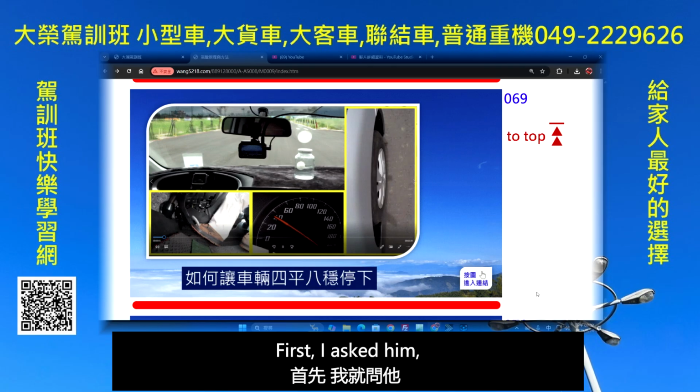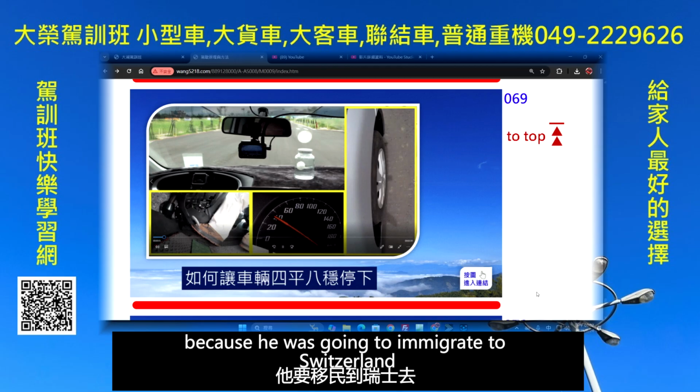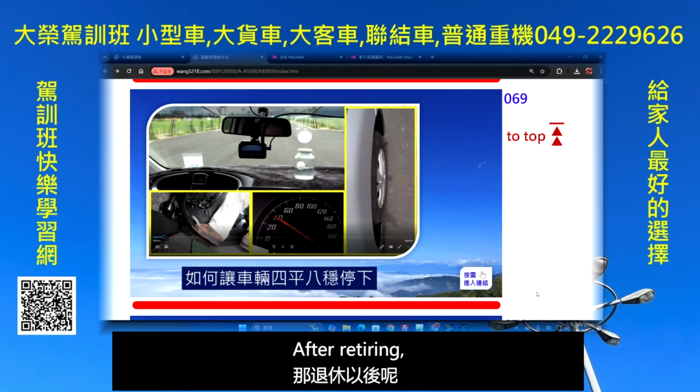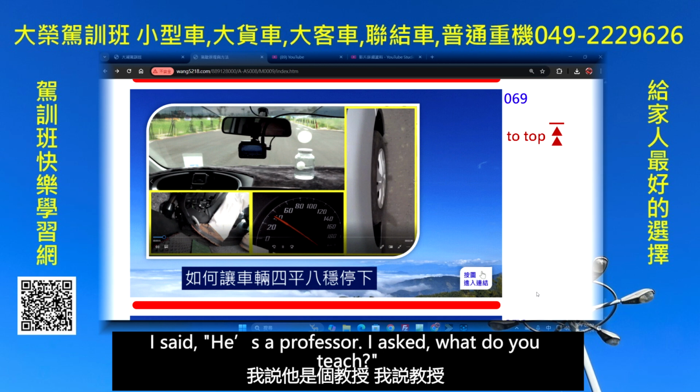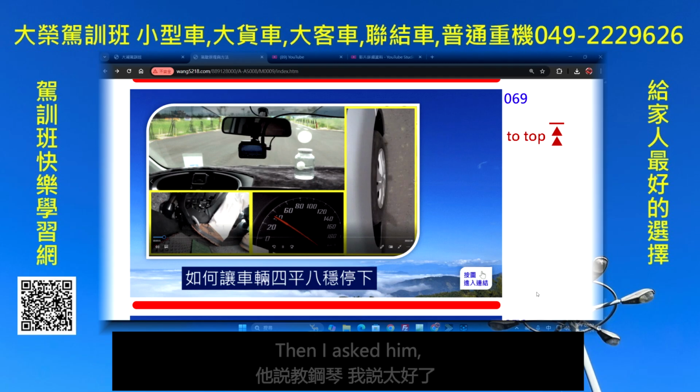First, I asked him, "Why do you want to learn manual transmission?" He was already in his 60s and wanted to learn manual because he was going to immigrate to Switzerland after retiring, since his daughter is in Switzerland. I said, "Okay." Next, I asked about his profession. He's a professor. I asked, "What do you teach?" He said he teaches piano, and I said, "Great." Then I asked him,